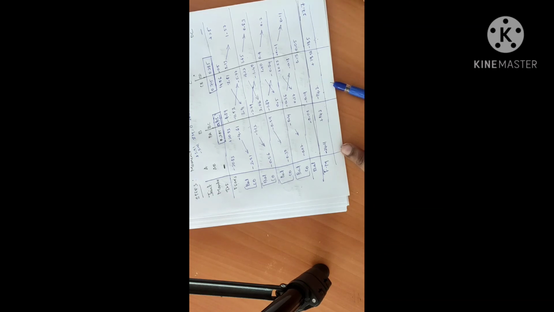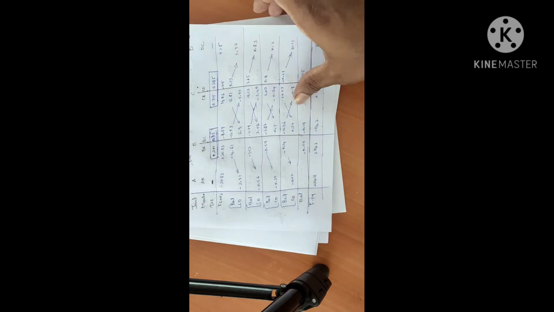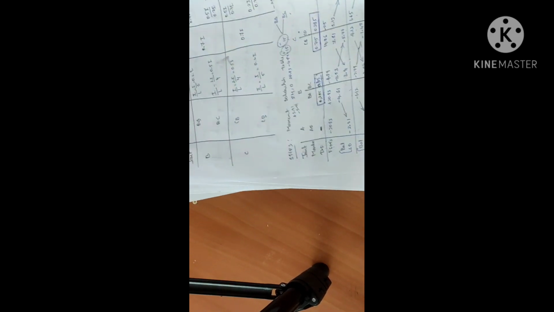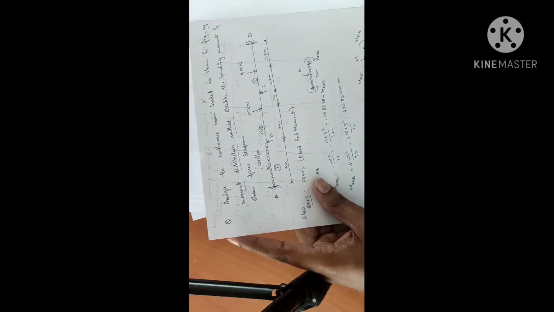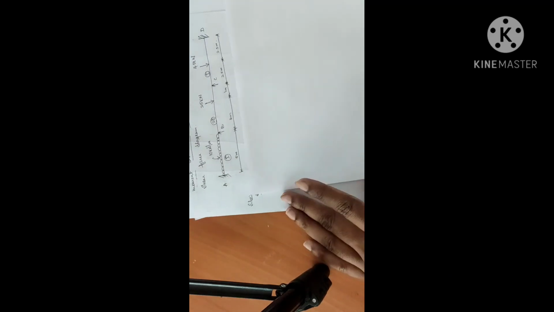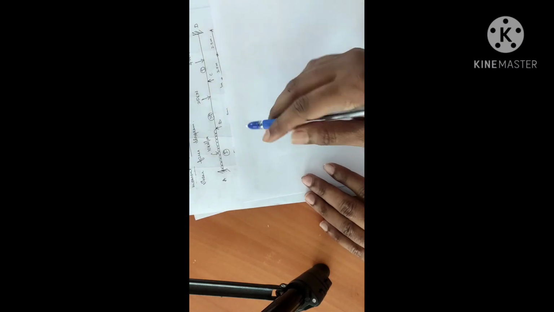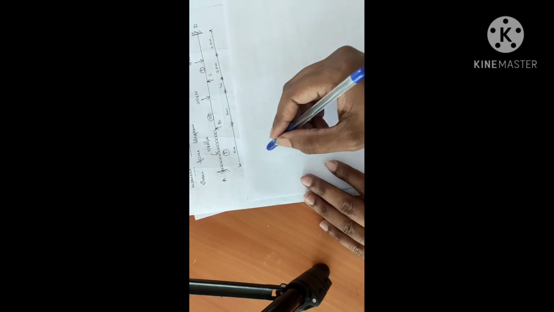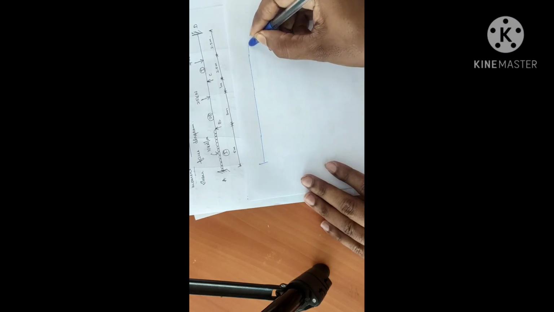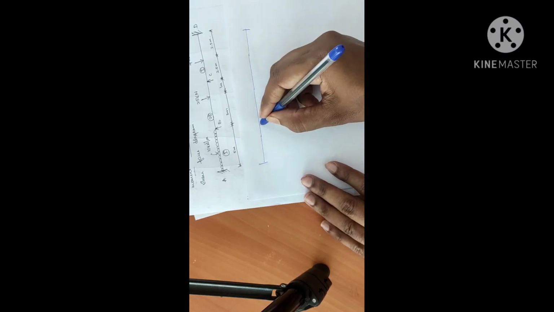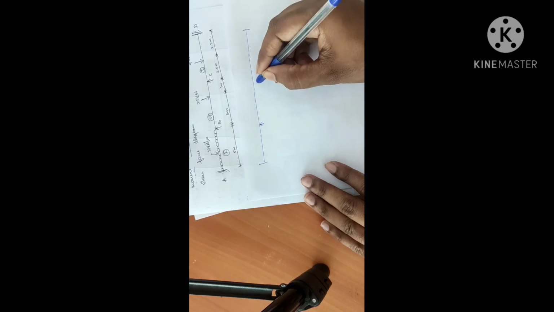Now you should draw the bending moment diagram for this. And I have told you how to draw a bending moment diagram. Whatever beam you have got, first draw the free BMD. So this is the beam given. For this we'll draw the free BMD. So what are the answers? This is your beam, joint B, joint C.